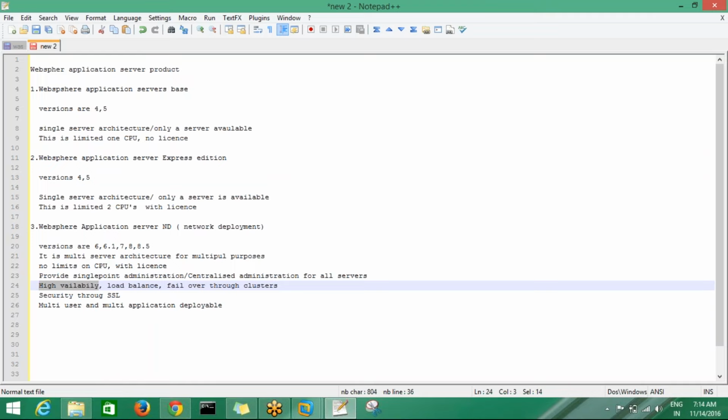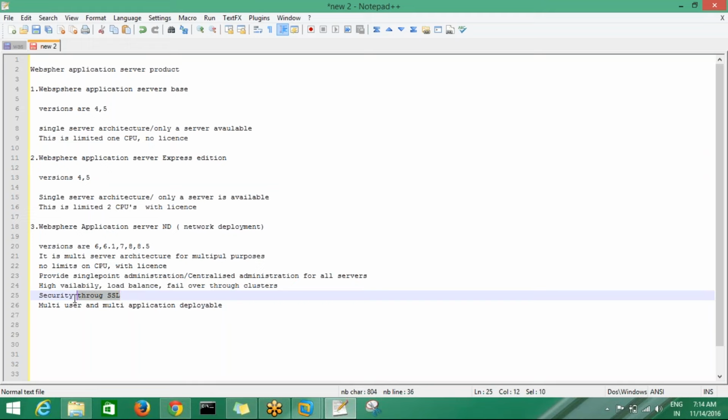Load balancing means it balances the load that comes from the clients. For this load balancer we use some algorithms, which we will discuss in detail later. The cluster is not available in base and express editions because those are single servers. There is no multiple server architecture there.